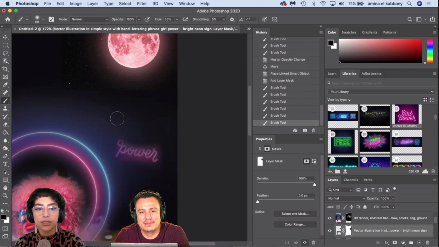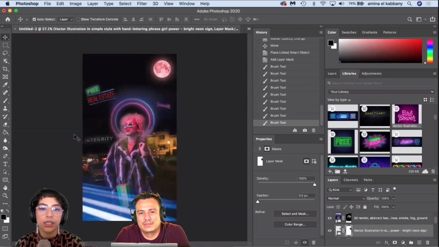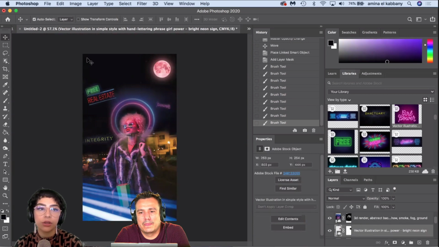Does anyone have any questions about what I am doing right now? I'm just getting rid of all the hard edges to make it look like these are just floating. I don't know if I am super into this one though. It's kind of fuzzy and not as bright as the other ones. And it's already full opacity. Maybe I'll pick something else, even though I do like the word power.